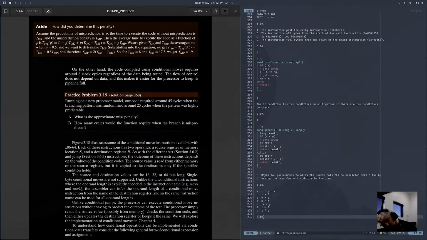Okay, assume the probability of misprediction is P. So P is just the probability that it'll be mispredicted, like 0.5. The time to execute the code without misprediction is TOK. And the misprediction penalty is TMP. Then the average time to execute the code as a function of P, T average of P, is equal to (1 minus P) times TOK plus P times (TOK plus TMP), which is equal to